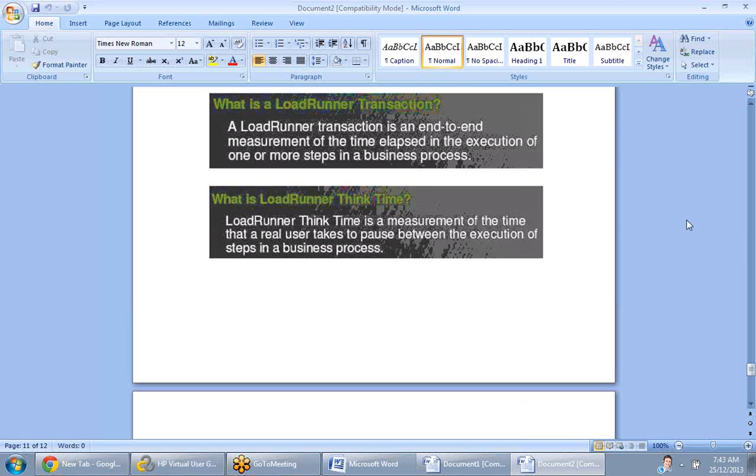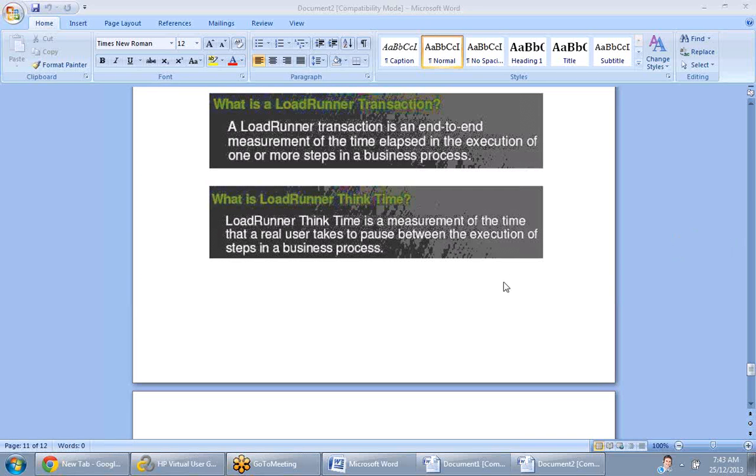Okay, think time. The second concept is think time.